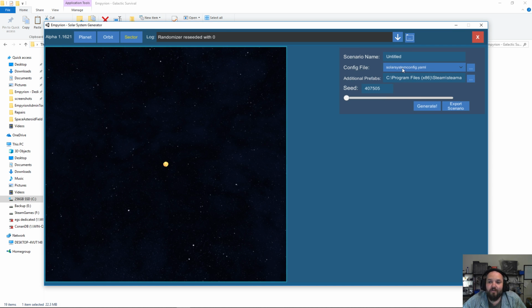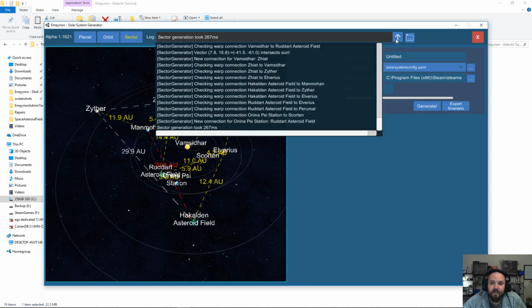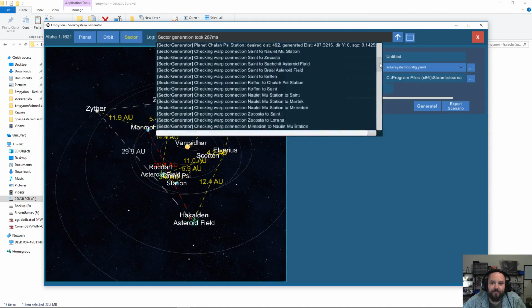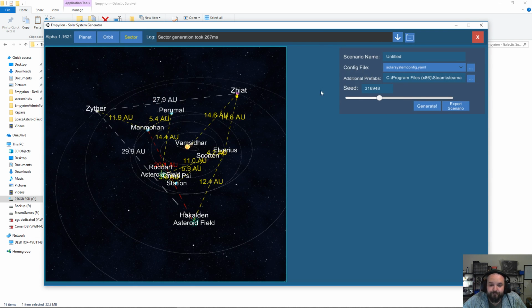Now, if you see solar system config.yaml, you'll have three of those that you start with: the one without a number, and then 2 and 3. Okay. Now, what you do is you pick a seed number, and it generates it. You'll notice, as you scroll and move stuff around, sometimes this will move along with it. It's really annoying, but it does happen. Now, you'll notice it generates all these planets, and you can change how all this generates